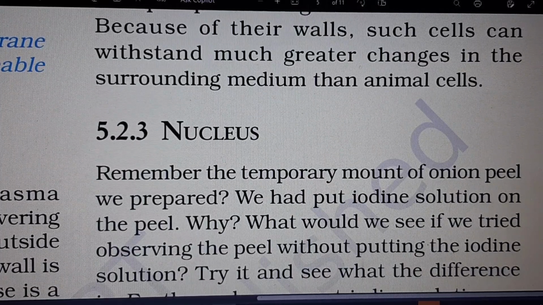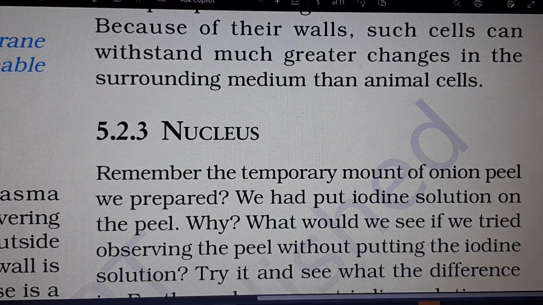Nucleus. Remember the temporary mount of onion peel we prepared? We had put iodine solution on the peel. Why? What would we see if we tried observing the peel without putting the iodine solution? Try it and see